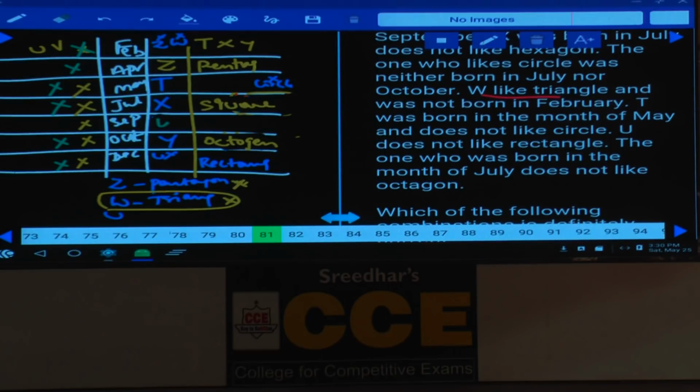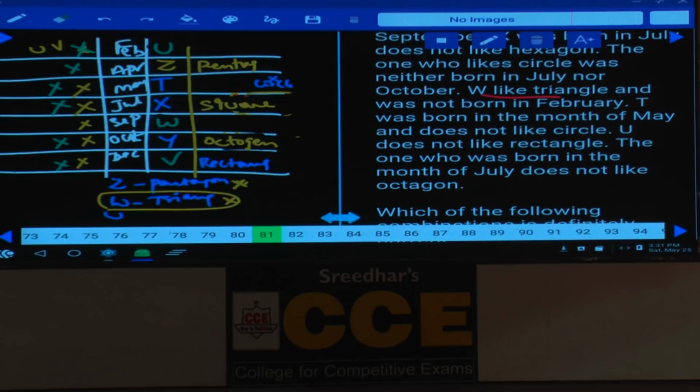Then W is here. If W is here, Z, T, X, W, Y, now we are left with U and V. Now U cannot be in the month of December. As U cannot be in the month of December, hence V must be in the month of December. If V is here, now in the month of Feb, we must have U. Done? Now U is done. Now we have finalized the persons and who were born in which month. Then we need to find out the